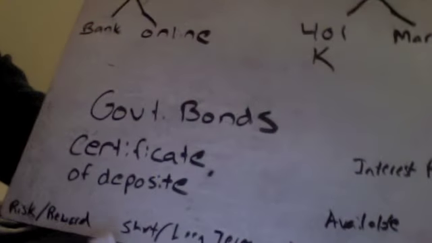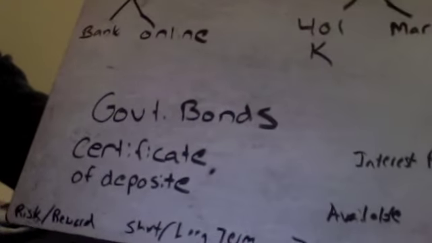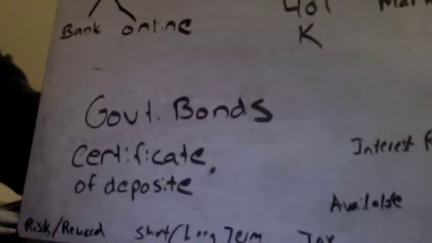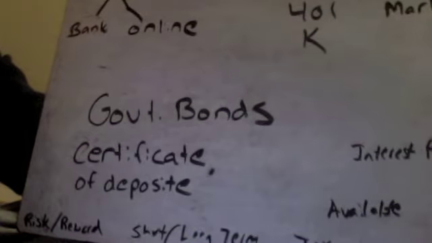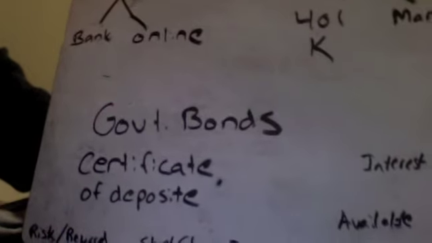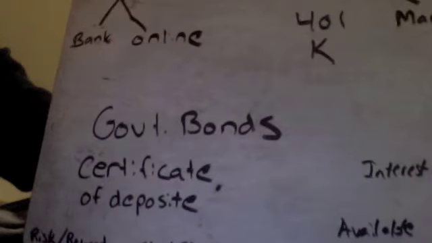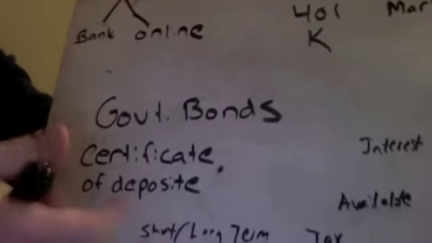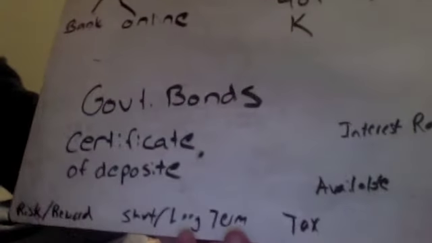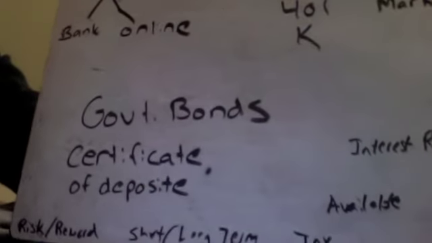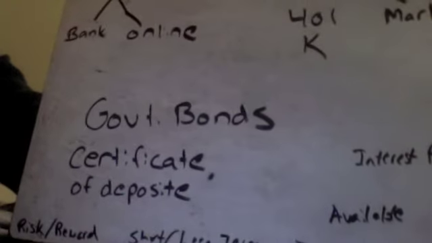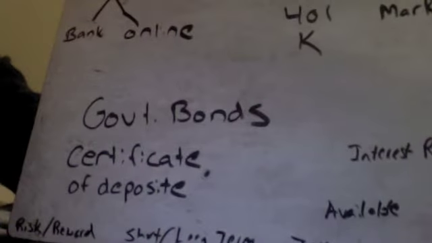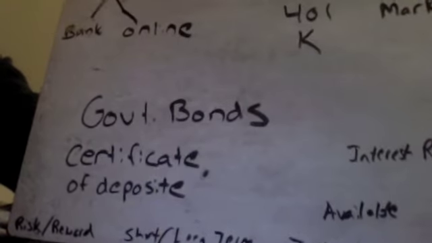Short and long-term options basically means, if you're going to use this option, short-term would mean you just have it in there for right now. Long term would mean you're thinking future. You're thinking like retirement. Maybe if your kids go to college or you go to college, you could have your own college savings account. All those things would be more long term.